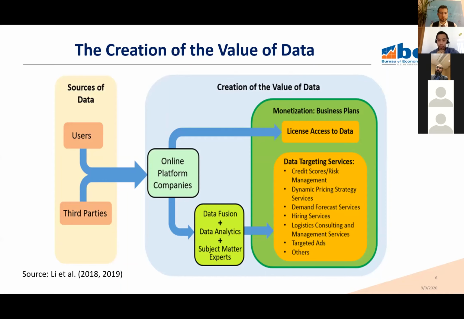This option requires technical skills in data analytics and subject matter expertise to produce a data-driven business plan for data targeting services that can produce revenue for the firm. So depending on its combined in-house capabilities, an online platform company can offer a variety of data targeting services that produce revenue. Even within the same type of online platform, companies can vary by the type of data targeting services